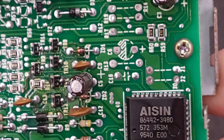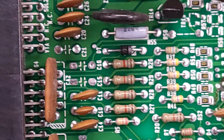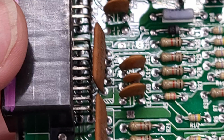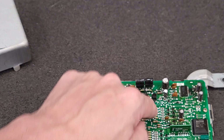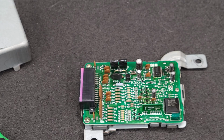But yeah, this is Daihatsu. So I'll get this on the bench in the repair queue. But yeah, it's definitely